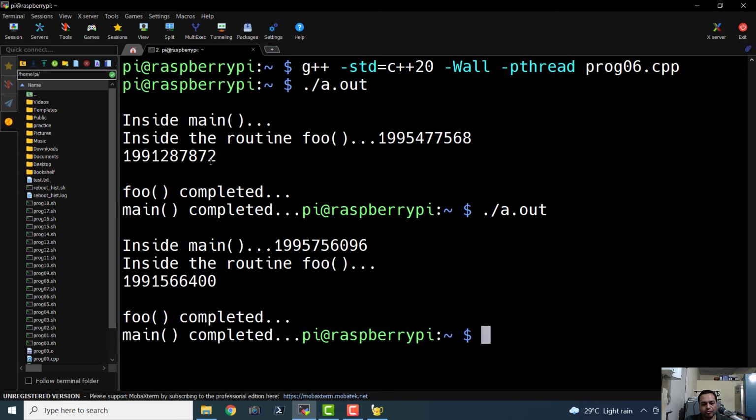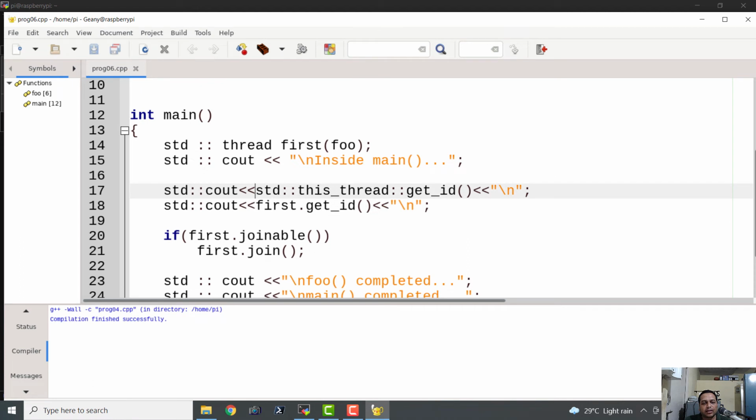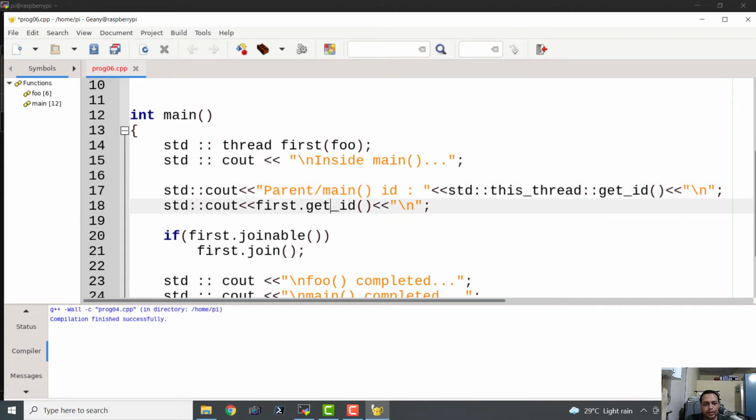Okay. And for clarity, you may want to add something like "parent/main id", and finally "child id".